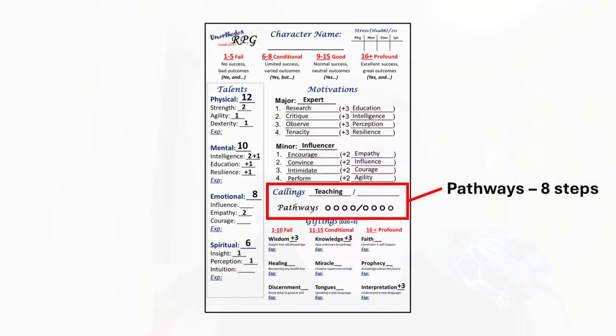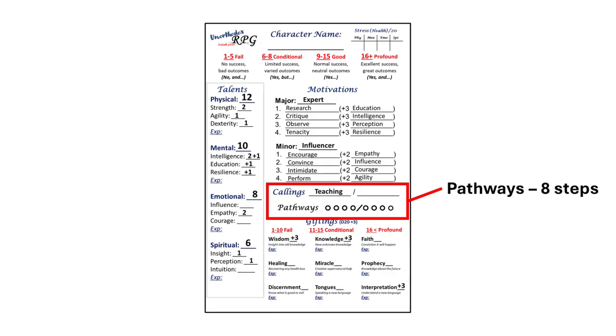So if you notice in the character sheet, just below the motivation section, there is an area to fill in called the callings. When a character is first created, the player fills in the first part of the callings with their chosen calling, which is apostolic, prophetic, evangelistic, pastoral, or teaching. Next to the callings are 8 circles. For every step that a character takes in a pathway, the player should fill in 1 circle. This means that, as I said before, each character only has a maximum of 8 steps along any pathway, including repeating a pathway they've done before and getting the additional points. That also counts as a step.